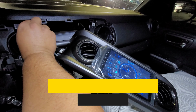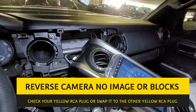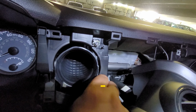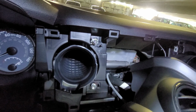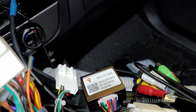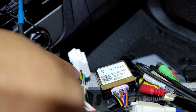And then the other things that I wanted to address was, even though you are not going to be using your 10 millimeter bracket from the original unit, what I always recommend to people, just like how I did with the Tundra and the 4Runner, and now with the Tacoma. All right, so I quickly wanted to go through the wires that are not plugged in. There's going to be 2 on your main